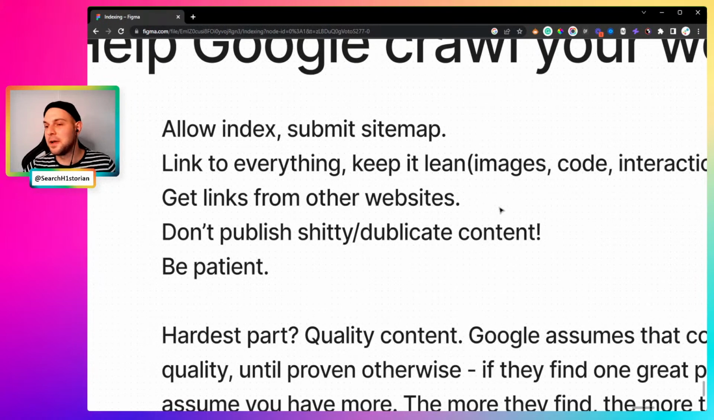Get links from other websites. It's against Google policy to do anything to get links, but also it's still a thing that needs to be addressed. So, you know, I'm not going to touch the subject, but it's both. It's both mandatory and in theory should not be done. So, you know,